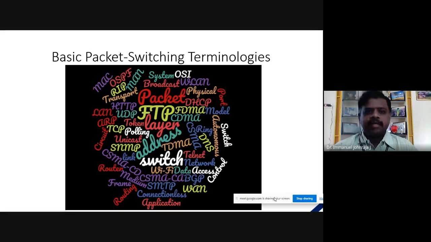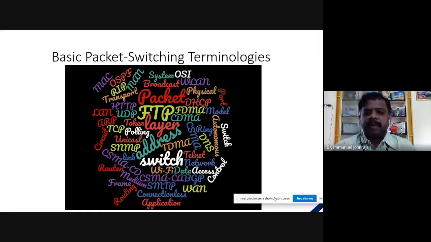We have got MAC, OSPF, RIP, MAN, then OSI, WLAN, broadcast, physical layer, port, DHCP, a packet, HTTP, LAN, UDP, TCP, ARP, token ring, OSI layers, FTP, FDMA, TDMA, CDMA, CSMA, CSMA CA, CSMA CD, DNS, autonomous systems, switches, access control, telnet,